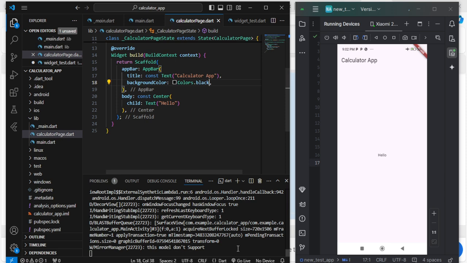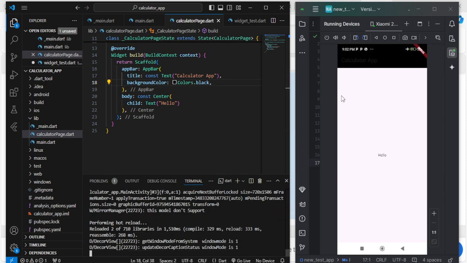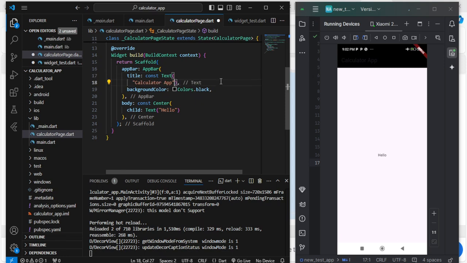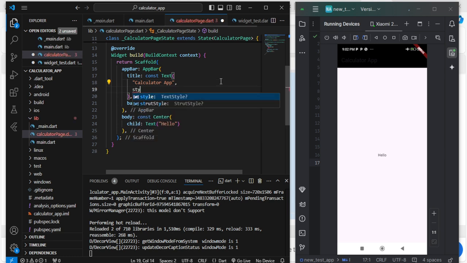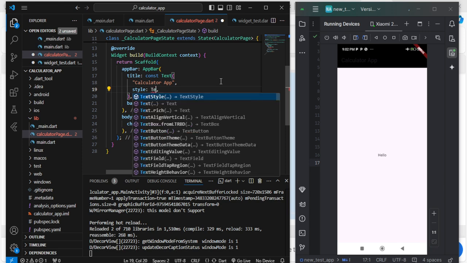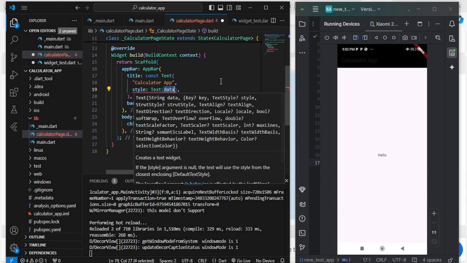Right? And when I hit R, it just reloads that screen, right? But if I press Shift R on terminal, it restarts the entire application. So for this text here, I'm going to make it white. We use the style, we set the style, and we say text style,